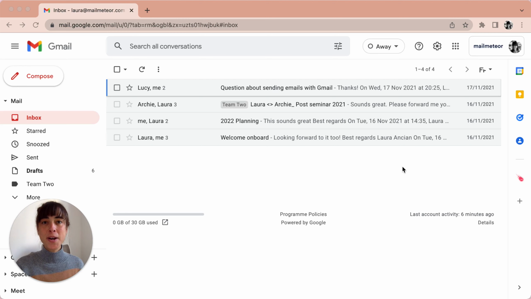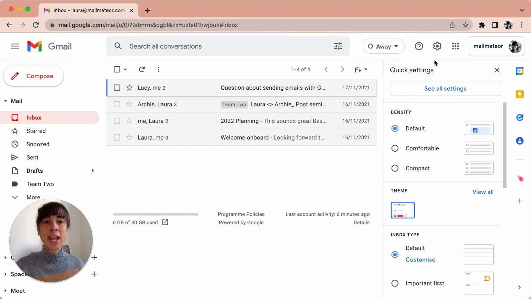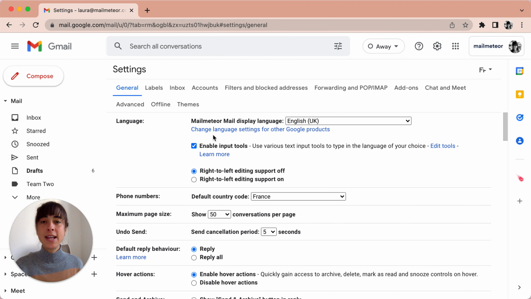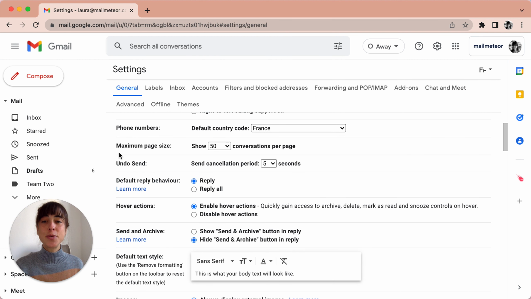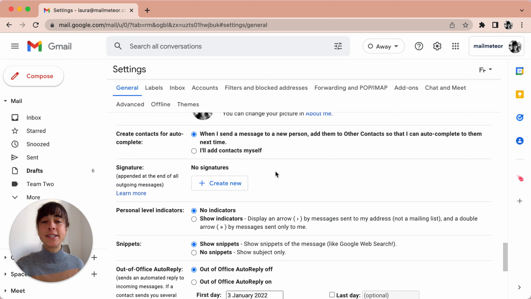Okay, so I've opened up my email. You go onto the cogwheel, the settings, and then scroll down to see all settings. Here, as you scroll down again, you'll see Undo Send here, and it says send cancellation period 5 seconds, so that's the default option. If you want to change it, you just add 10 seconds, for instance, and go ahead